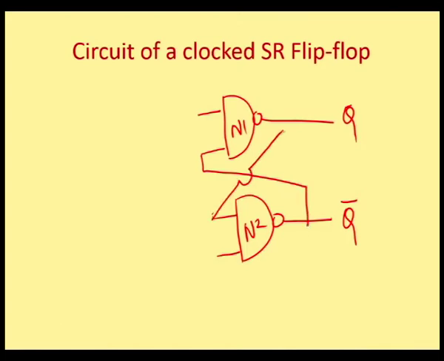I want to add a clock. You can either use 3-input NAND gates and get it solved. But usually in our labs, we do not find 3-input NAND gates. Hence, we are going to take the help of AND gates here, because you are expected to construct these flip-flops using elementary logic gates. So, I am going to solve it with what I have.